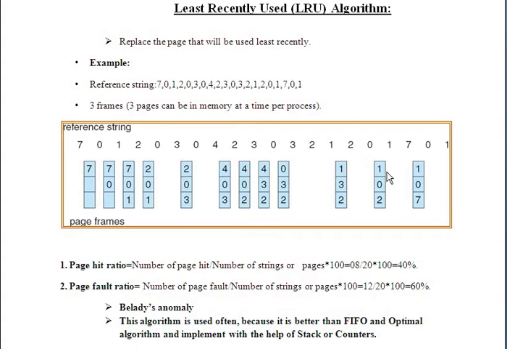Then 1 is already there, a page hit will happen, and 7 has to be accommodated because of a page fault. So 1, 0, 2. 1 is next to 7, that means it is most recently used. 0 is next to it, and 2 is next to it. So that means 2 is my least recently used page number. So I accommodate 7 in place of 2. So that's why 1, 0, 7. And 0 is already there, page hit will happen. 1 is already there, page hit will happen.